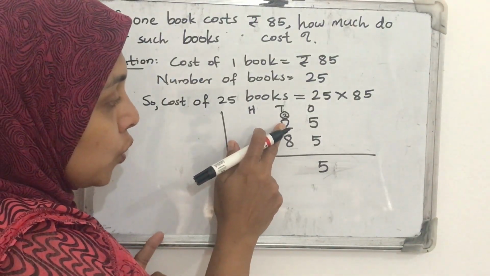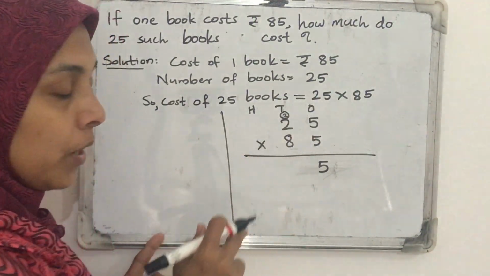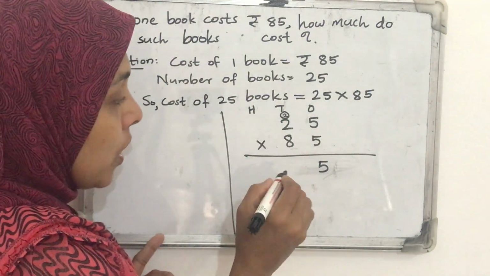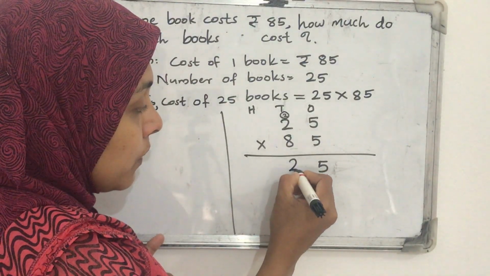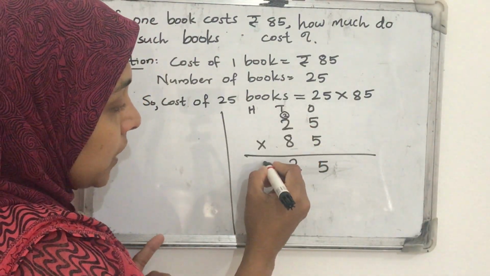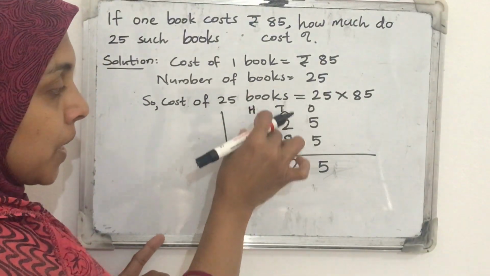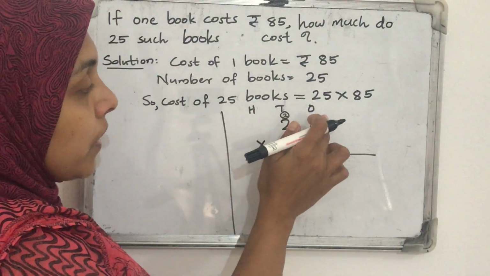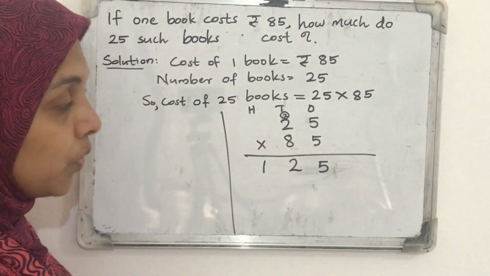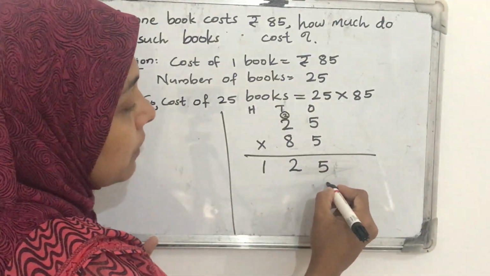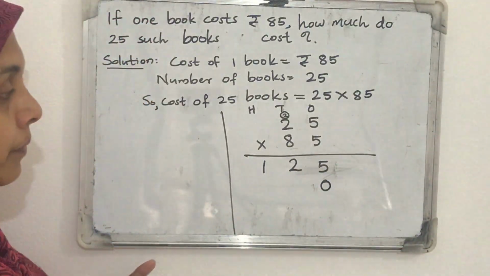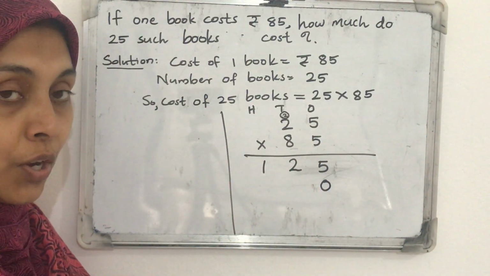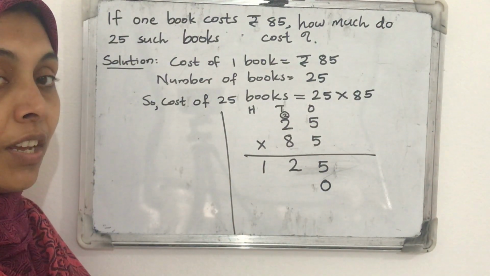Next multiplication, this 2 multiplied by 5, 2 into 5, that we know is 10. Then 10 plus this 2, 12. For that, 2 is in the tens place, 1 is in the hundreds place. Keep that places order. Next multiplication, 25 multiplied by 8 tens. Okay, so if it is 8 tens, first the ones place will be 0. Then 8 multiplied by 5 or 5 multiplied by 8. 5 into 8 we know, 5 into 8 is 40.